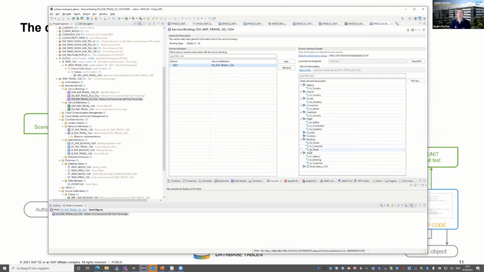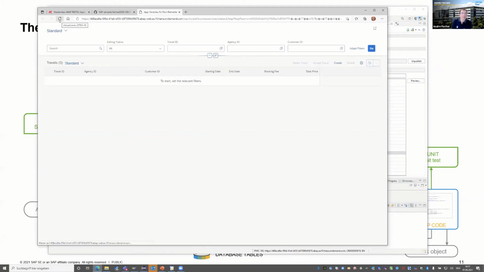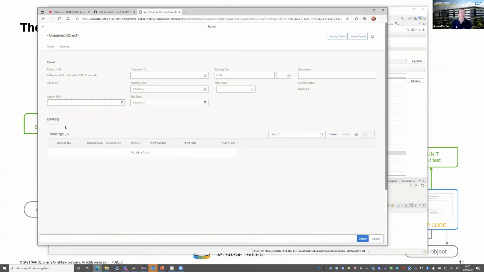So if we click here on travel, the UI starts, a Fiori UI actually, a Fiori Elements UI, I mean. And we can start it here and read some data, and automatically we can check the creation of data.